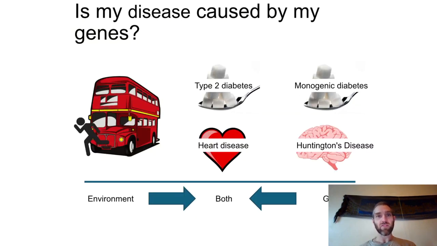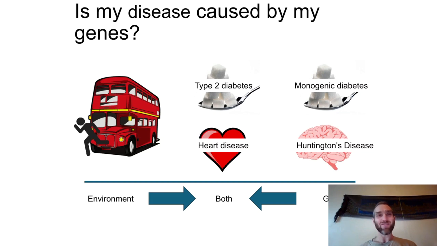So starting off with how can genetic risk cause disease? This plot is trying to show the extreme ends of whether your risk for a disease is entirely environmental, or whether your risk for a disease is entirely due to genetic risk, or as the case of many common diseases, whether it's a bit of both. So I've used the example of getting hit by a bus as an example of where you end up in hospital entirely by